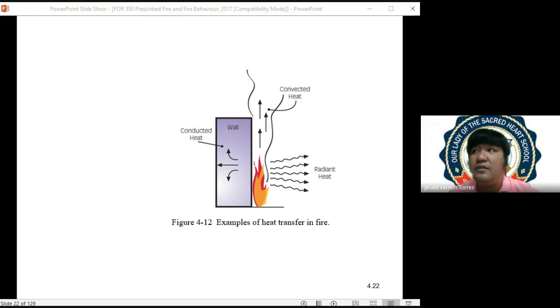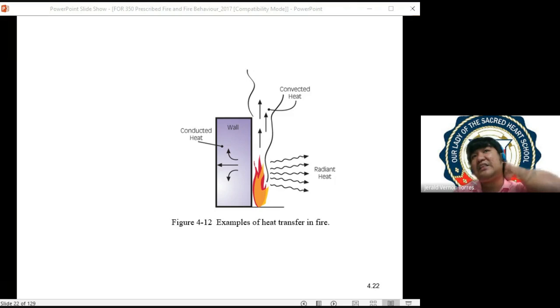Kaya nga yung sunog, 'di ba? Pag nagkakasunog, mabilis siyang kumalat from one room to another kasi nangyayari yung convection smoke nyo, nagta-transfer siya from one region to another region of the house. And this transfer of convection smoke causes the transfer of heat energy. And pag sobra-sobra na yung heat, darating yung flashover na tinatawag kung saan mag-aapoy rin yung fuel sa isang room. So kaya mabilis kumalat from one room to another. It's due to convection heat, yung convection smoke na nagta-travel from one region to another.